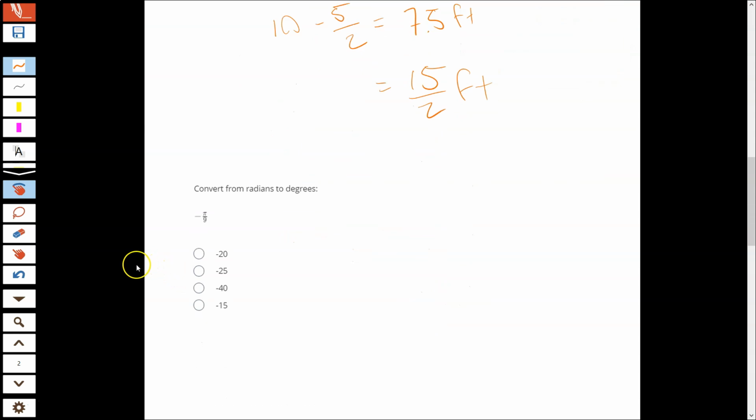Here we're just converting radians to degrees. This one is actually even pretty easy because you can use the little trick of just saying pi radians equals 180 degrees. And then we get negative 180 over 9 is negative 20. Or you could set up a proportion as well. You guys crush the delta math of these, so either method that you choose is fine. And then my last one